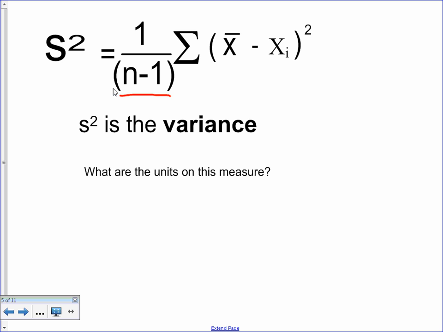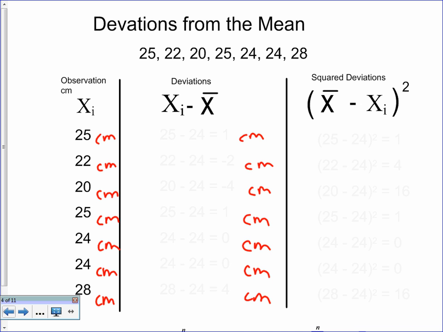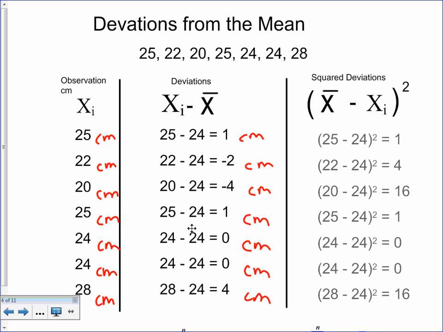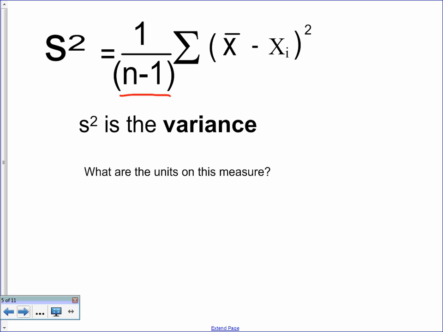But for us, we just need to know that if it comes from a sample, we're going to divide by n minus 1. The problem, though, is if we come back to this, and I bring this back up, if we square anything, the units on all of these are centimeters squared. And now we're comparing distance from the center here, but we're doing distance with a formula for centimeters squared, which is area. And so while we have a nice formula for the variance, it's hard to relate back to the original thing we were measuring, which was